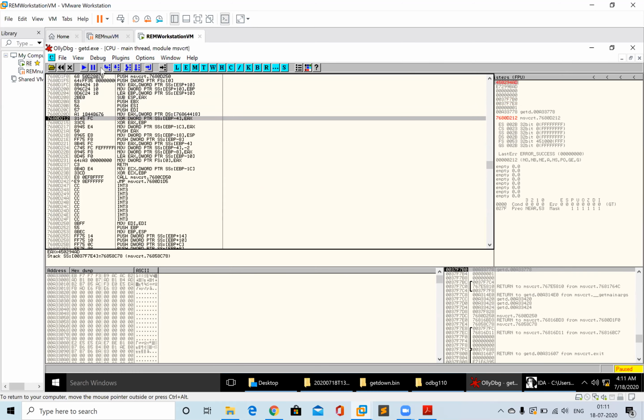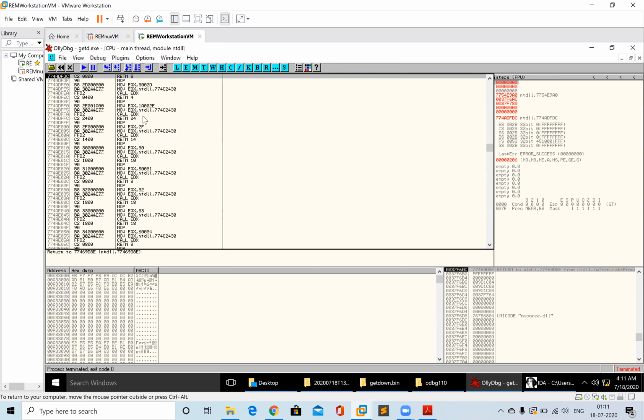There's nothing more, I think. It will get terminated after some calls. Once that is getting called, it will actually terminate. Maybe there will be something to delete itself. Once a debugger is present, it will maybe delete some of the IOCs which might have been created when it got executed. Most malware might do so, and post that it will exit from there.